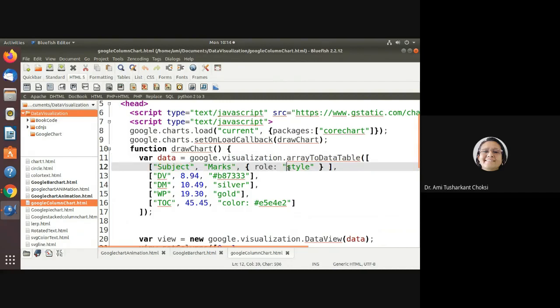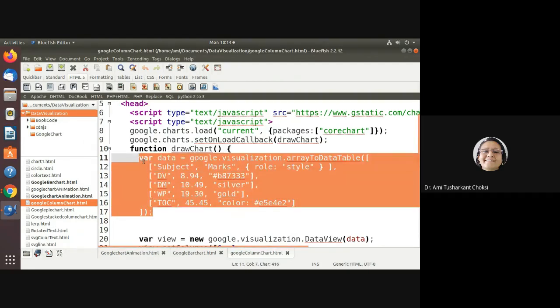That style we can specify with the help of role colon style. Fine. So now DV is the subject, 8.94 is the mark, and hash whatever is the color code, that is the style, right? So this is what we have specified here. Then we do the same for DM, for WP, for stock, right? So this way we have specified the data.